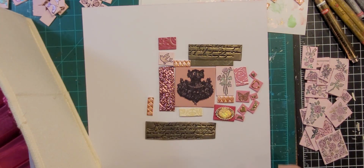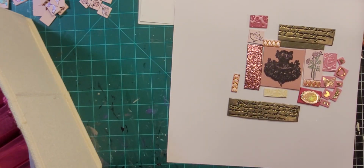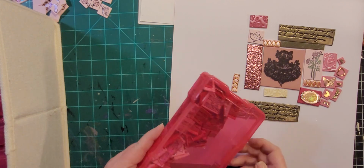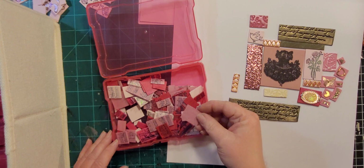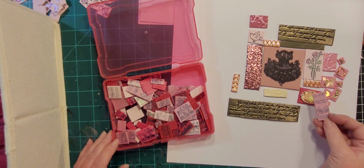And, ouch. So I have my pink bin. Wow, I have some empty bins in here. Music notes. Let's see what I have in the music notes. This is the Princess Pearl,